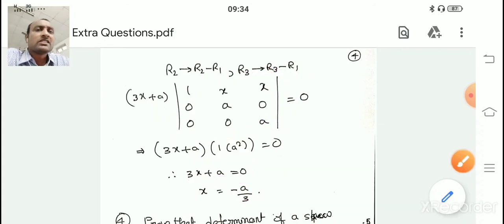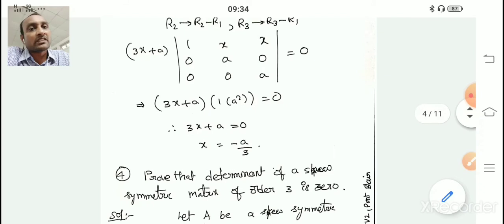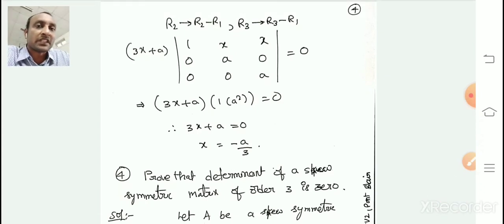Some kind of questions may come for solve for x, like that. Usually you apply the operations and easily you will get the answer instead of expanding. Mostly they mention to do these questions using the properties of determinants, so you will have to use the properties. Without using properties, if you do it, it is a waste and you will not get the marks. Getting marks that way is rare. So it is better you always do it by using the operations, whether or not they mention it.